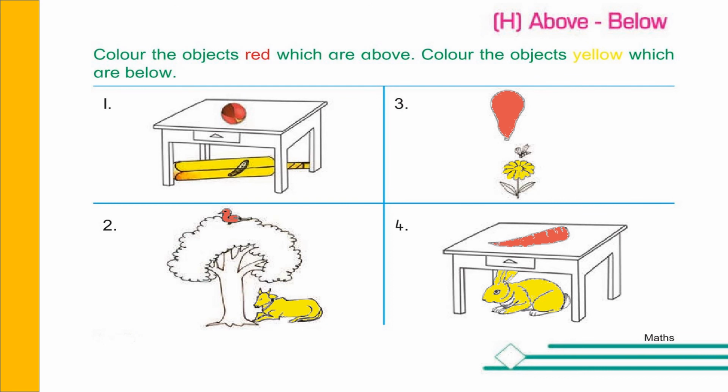Did you get me? In the second question, the bird is red and the cow is yellow, below. Now the balloon in the third question is above and the flower is below, yellow. Similarly, in the fourth question, carrot above and rabbit below. Am I clear? So we have learnt about sizes and positions, above, below in this page. Alright, this is only the first part of the